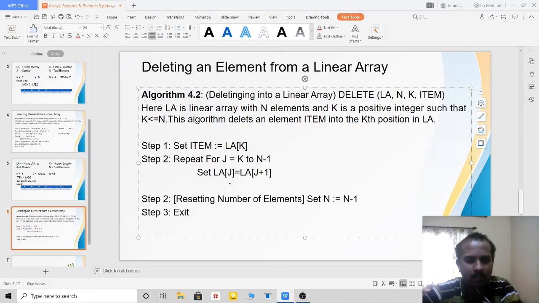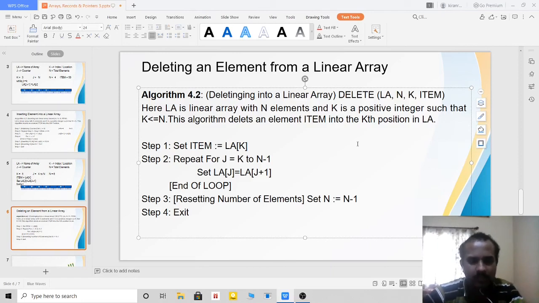Correct? Because the for loop includes incrementation or decrementation, then the condition, then the initialization. In the previous class I mentioned, if the initial value is greater than the condition, then it will automatically decrement. If the initial value is smaller than the condition, then it will automatically increment. End of loop or end of second step loop. Okay. So now this will be step 3 and this will be step 4.